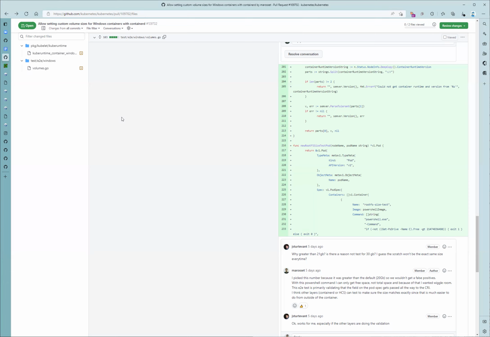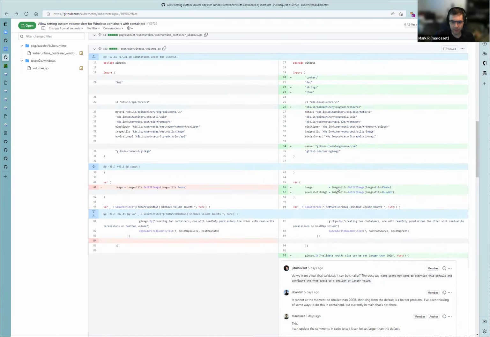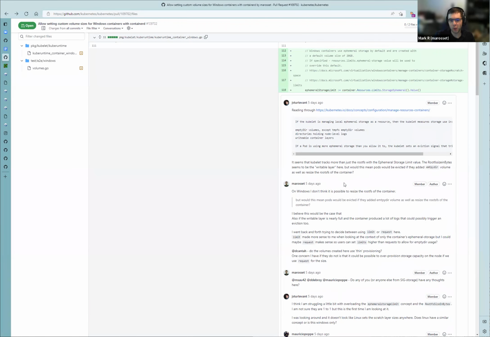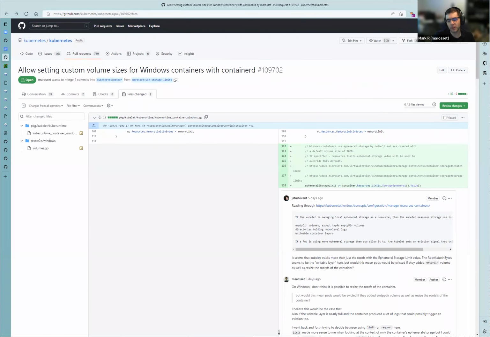Then you won't have any sort of evictions getting triggered in any case, right? You could still. Let's say you have a pod with one container, and that one container sets a request of 30 gigabytes and a limit of 30 gigabytes.